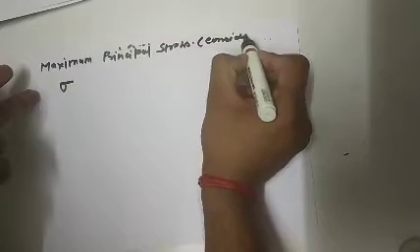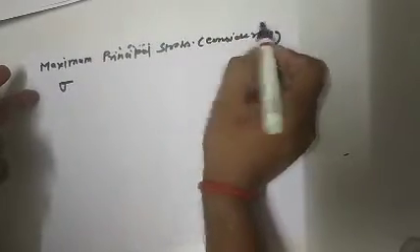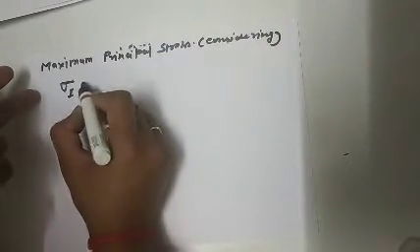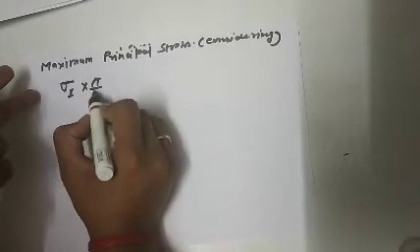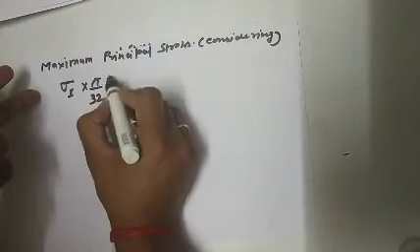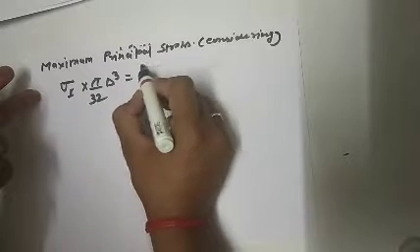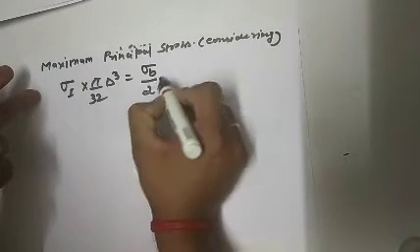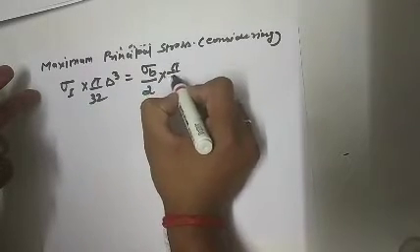Then sigma 1 into pi by 32 d cube is equal to sigma b by 2 into pi by 32